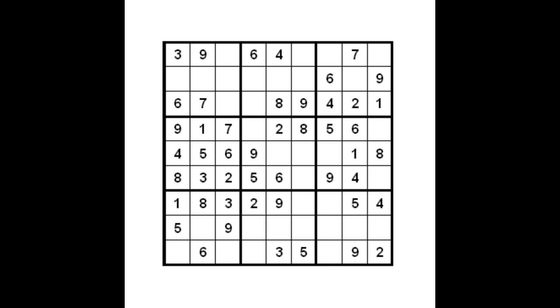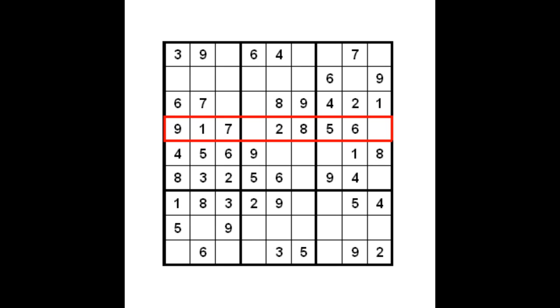So now that you have a good handle on the basic strategy number 1, let's try another strategy. Let's try to find some other spaces where we can put some more numbers. In this strategy, we're just going to look at one line. On this particular line, there are 2 open spaces. By looking at the rest of the line, we know that the 2 open spaces need to be the numbers